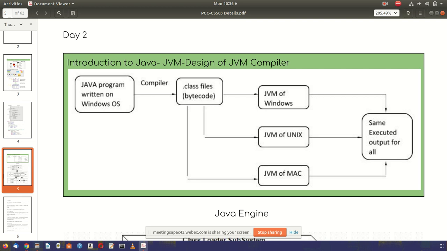Now what do we understand by a machine? Machine means our Intel Pentium, Intel octa-core, it is a machine. Intel octa-core is a machine. Intel dual core is a machine. Quad core is a machine. Intel i3. You have heard these terms, yes or no?